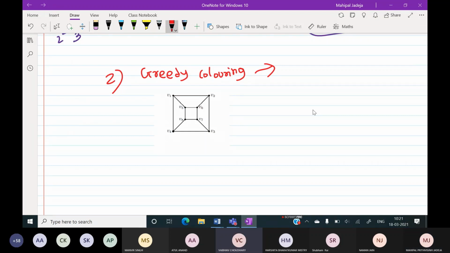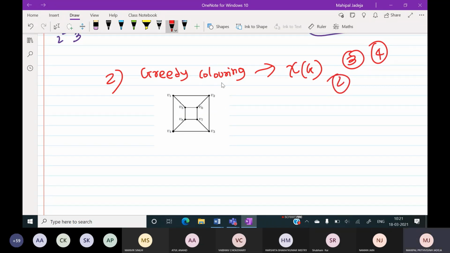Sir, we'll need two colors. Okay. Which ordering are you following? Actually, we can directly say this because it's a bipartite graph. Okay, but I am not asking about its chromatic number. If you remember in the previous class, we had discussed greedy coloring, and it's not the case that every time greedy coloring will give you chi(G) number of colors. It may be possible that your greedy coloring is giving you 3 colors or 4 colors instead of 2 colors.